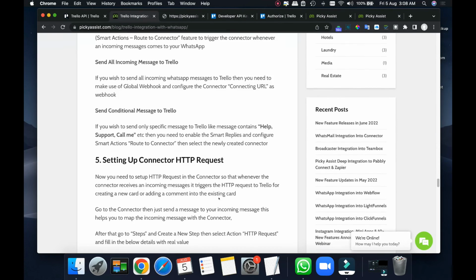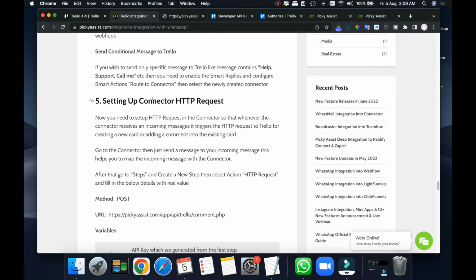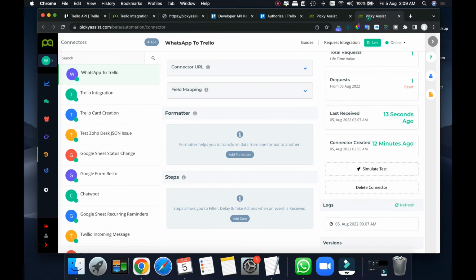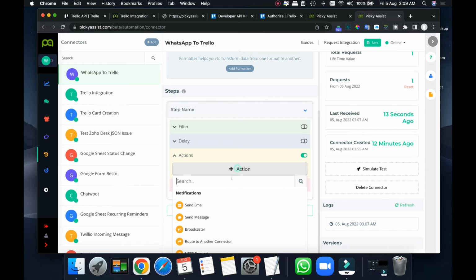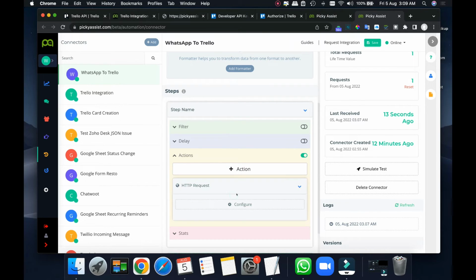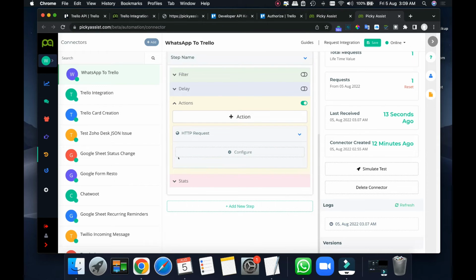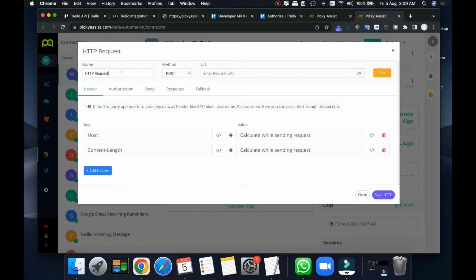Now the fifth step involved is setting up the connector HTTP request. Now we have the request coming to this specific connector, and we have to push this request to Trello. For doing that, create a step, then action. In the action, search for HTTP request. Okay, now we have to click on configure, and here we can